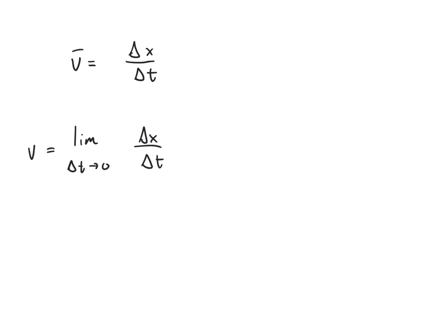I'm not putting average down here anymore. When you see v by itself, the assumption is it's the velocity at a moment. Initial, final, somewhere in the middle, but at a moment it's the velocity. So when you see v by itself, it automatically means instantaneous velocity. If I wanted to know the average velocity, I would put a bar or the letters AVG